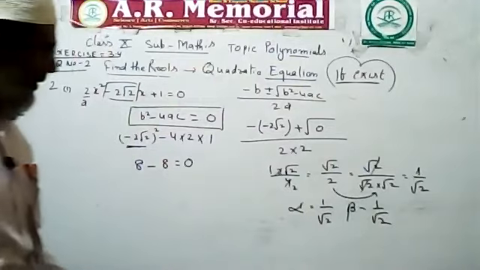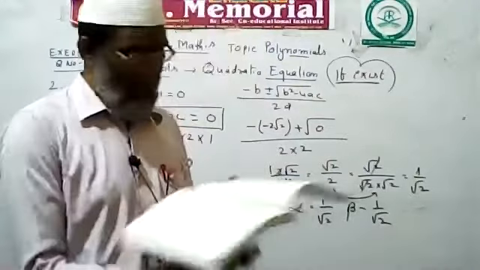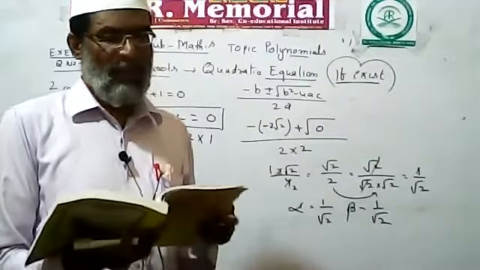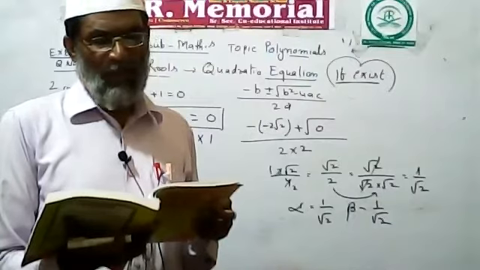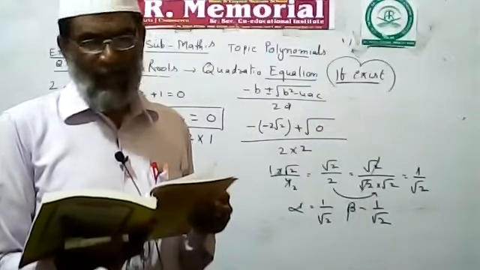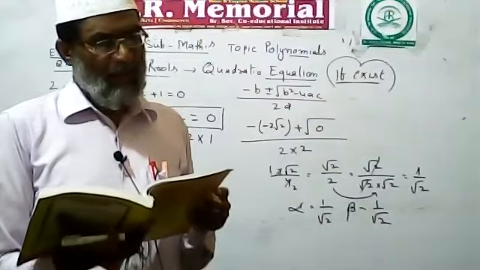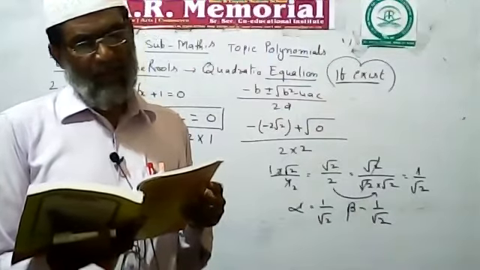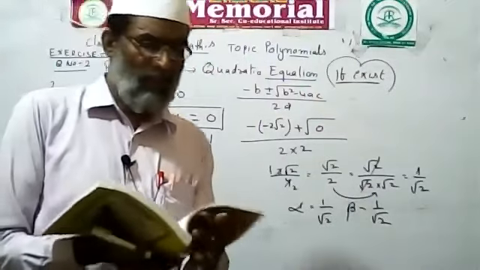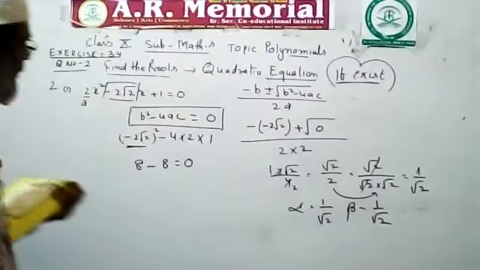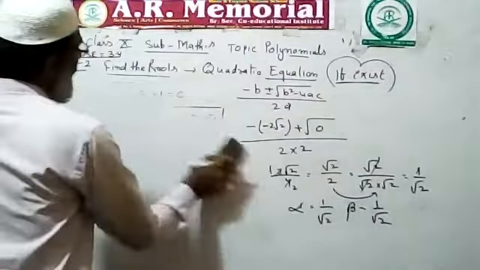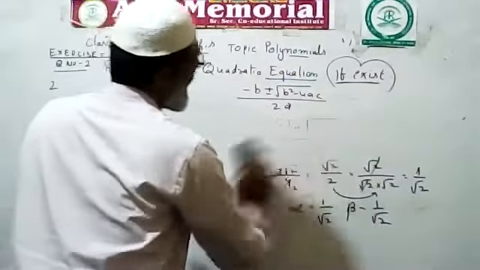So how many questions are there? There are approximately 8 questions. I look, yes, only 6 questions are there. 1 and 2 done by me. 3, 4, 5, this 4, 5 you can do, and 6, 4th you can do. Here is a 3. I want to set this question. Question number 3. I want to write it and make the reset for your easiness. For your easiness.